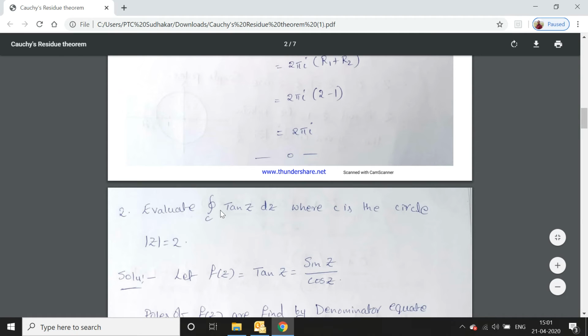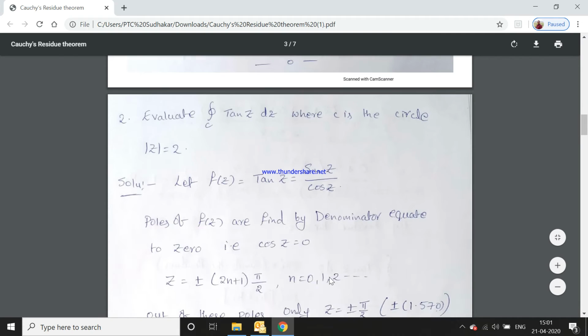Evaluate, next example: evaluate the integral over C of tan z dz, where C is the circle mod z equal to 2. The given region is a circle with center at (0, 0) and radius 2. So f(z) is equal to tan z, that is sin z by cos z. Denominator cos z equated to 0 gives the poles, that is plus or minus (2n